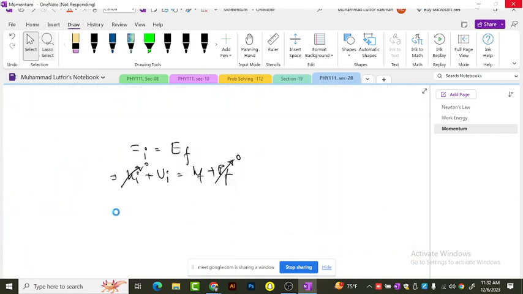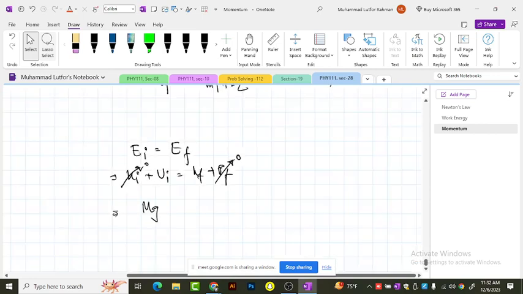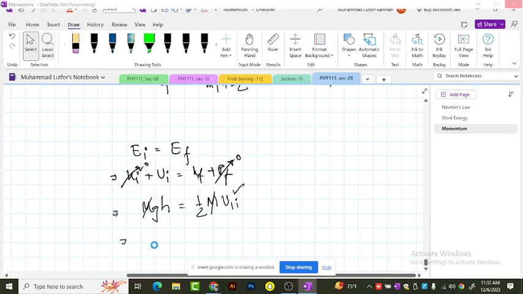Then I can write this should be mgh must be equal to half of mv1i square. That's the velocity actually, or vf, whatever you can write. I'm writing at a time actually. This capital M will be cancelled out from the two sides. Then I will find out v1i would be simply root over twice gh,